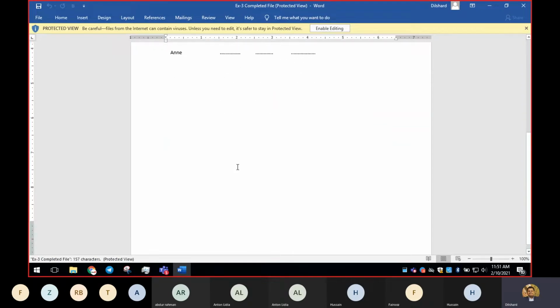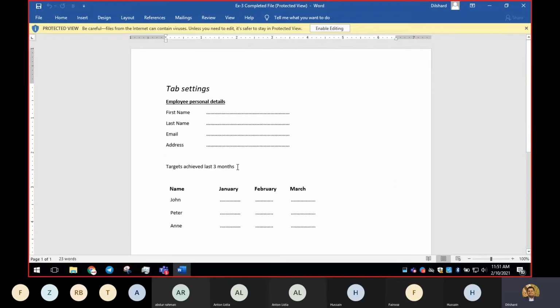you can see whatever data that you have inside the document. And if you want to edit this document, if you want to change spellings, if you want to edit this content, you have to click on this enable editing. You should not close this. So here it says protected view. That means this cannot be edited now. So the data that we have here is protected.